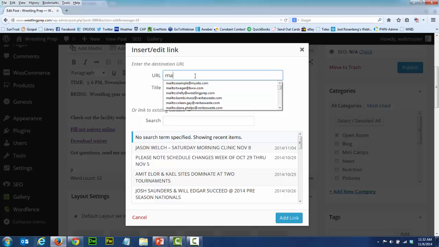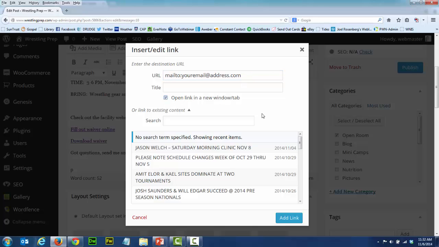We're going to start with mailto: and then your email address. Whatever your email address is. But it's very important that there's no spaces. You mailto: and then your email address. No spaces in any of that, okay? And I'll click Open Link in a new window. It's going to open up in your mail program. So I'm going to add link,